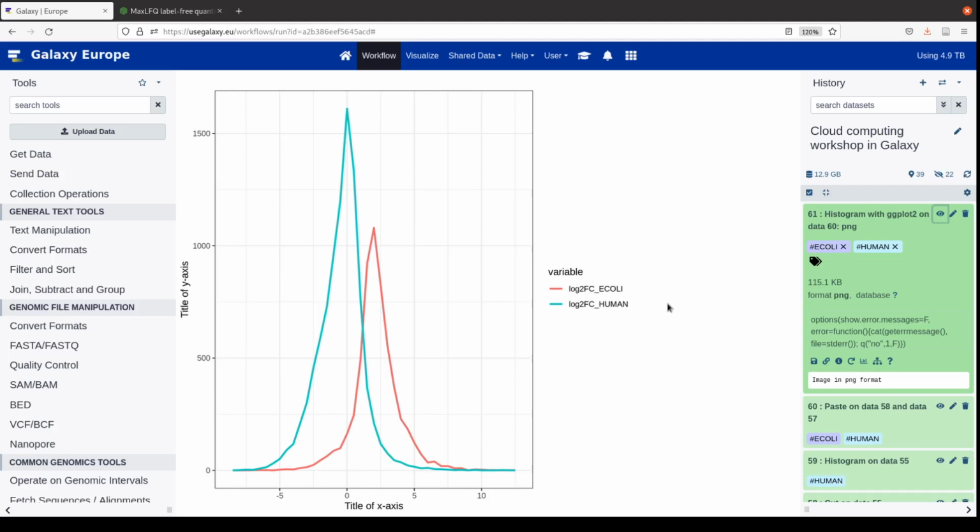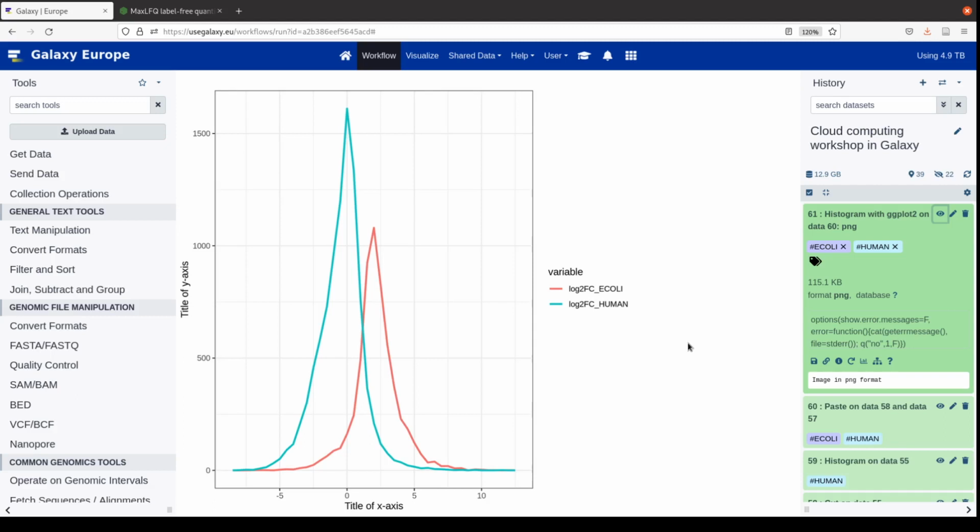So the LFQ protein intensities, there are quite a lot of normalization steps going on. So that's why we have different outcomes now between the more or less raw peptide intensities and the protein intensities. That's the end of the Galaxy workshop. I hope I could show a bit interesting features of Galaxy, and that it's really nice to work with data